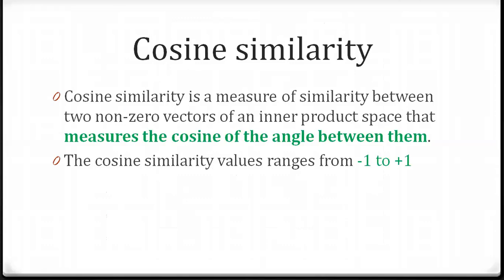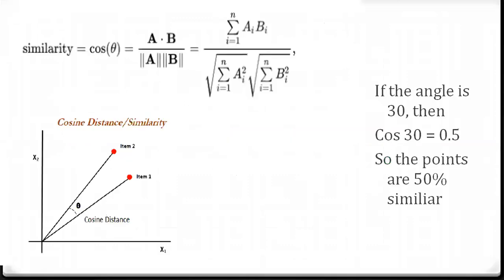Okay, so cosine similarity is nothing but your measure of similarity, where you're trying to measure it through the angle between two different vectors. So imagine in the space you have two different vectors, and you're able to find the angle, and if you find the cosine of that angle, you'll be able to find the cosine similarity. It's very simple.